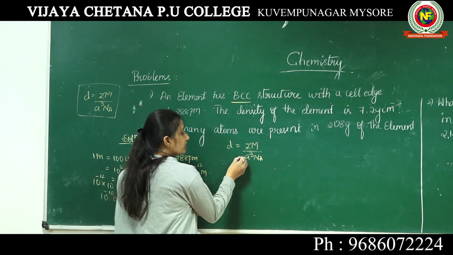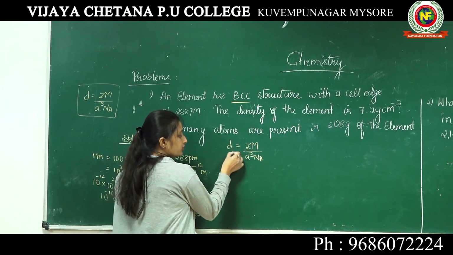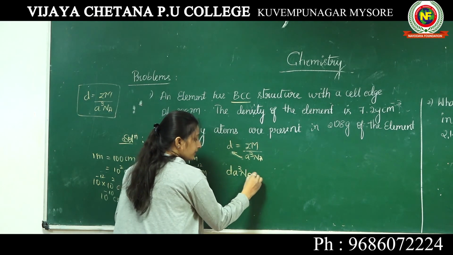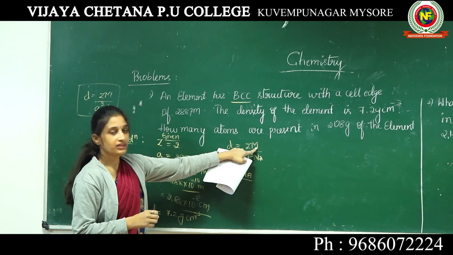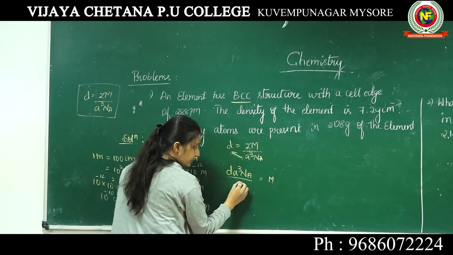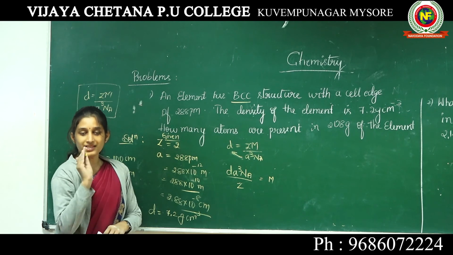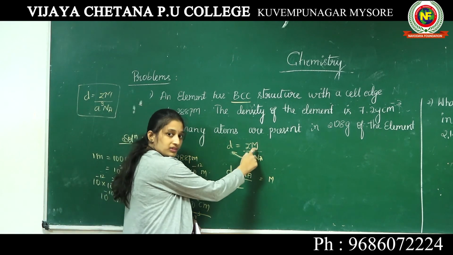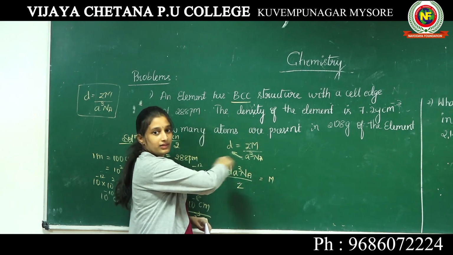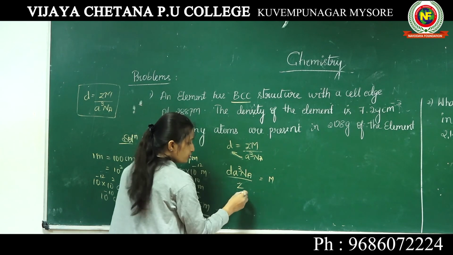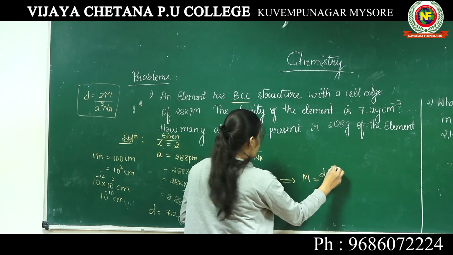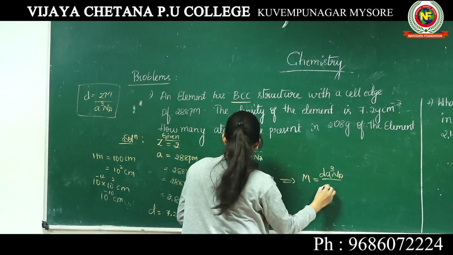So I am going to rearrange the formula. I am going to shift from here to here. Then D A cube N A divided by what I want? Only unknown term M. That's why I will keep M here. Then I will shift this Z this side. Clear? Do you know how I transferred? What we need and don't know is only M. Remaining all the terms are known. That's why I will keep this M and remaining terms I will shift towards the other side. So I will write this side: M is equal to D A cube N A divided by Z.